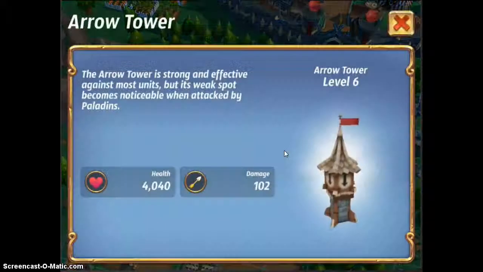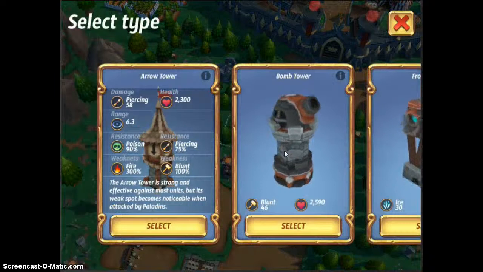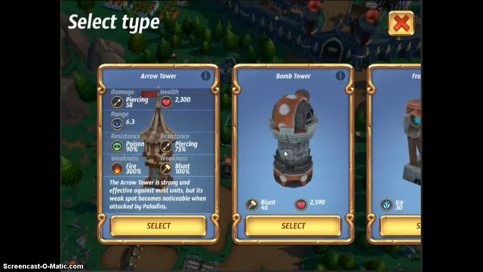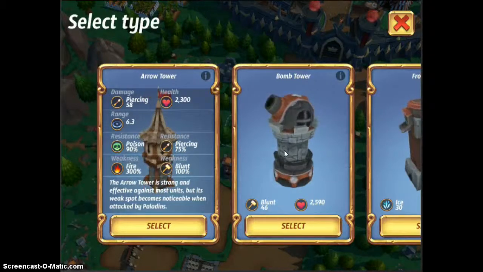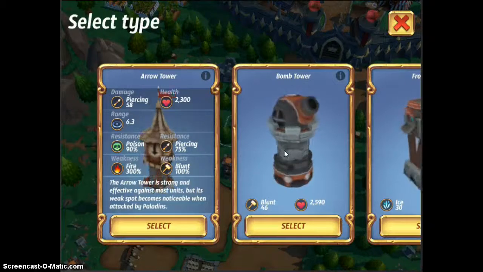We can click over here, and we can click on that now, which they allowed you to click there, and you can see they changed the arrow tower. The arrow tower is now 6.3, so that means that it has a further range than the cannon and any of the other troops. So you have to be in the arrow tower's range, radius,